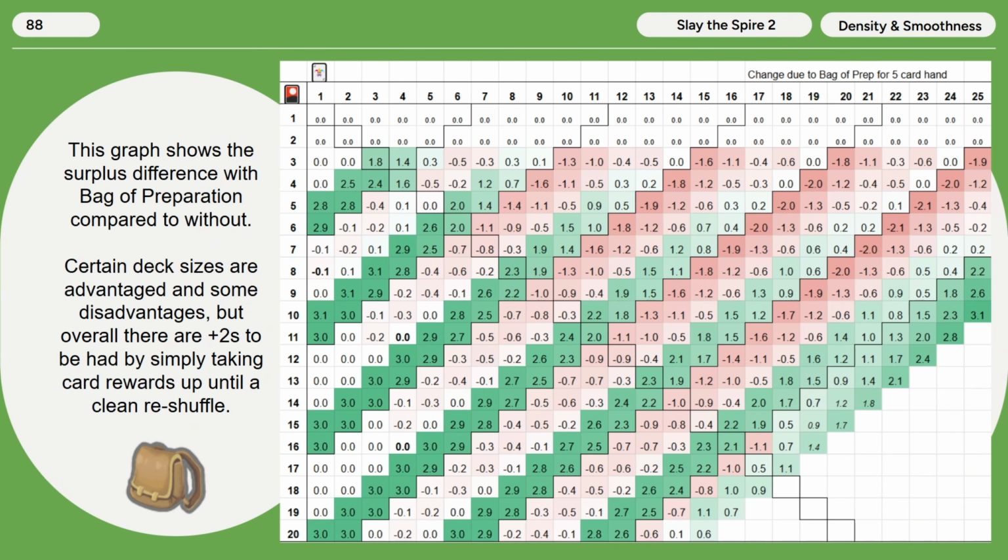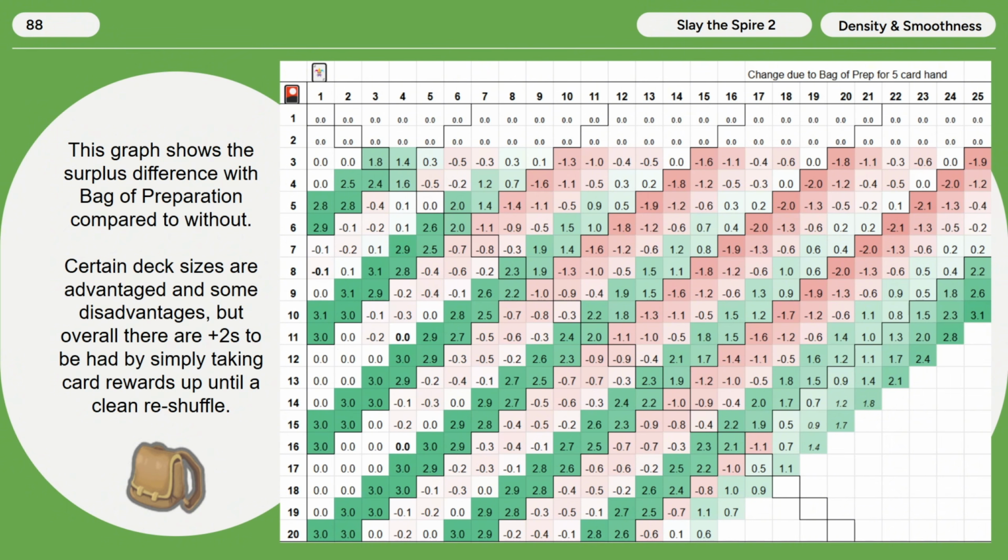How do they respond to Bag of Preparation? Well, they just draft 2 more cards. It's totally fine. But certain deck sizes are advantaged and certain deck sizes are disadvantaged, and the numbers show that. Overall though, these are mostly like +1s compared to -1s, +2s compared to -0s, +3s compared to +1s, right? So it's a whole other +2s across the board, but simply taking card rewards will just clean it up after. If you take Bag of Preparation, it sounds kind of silly to put it this way, but